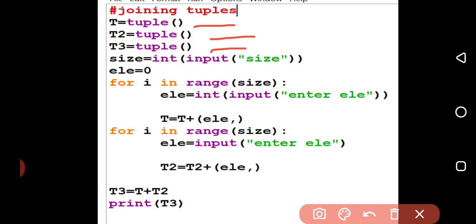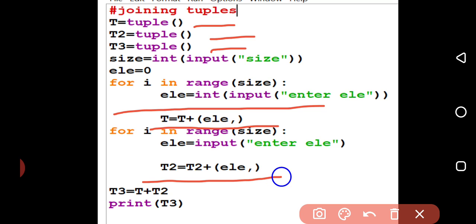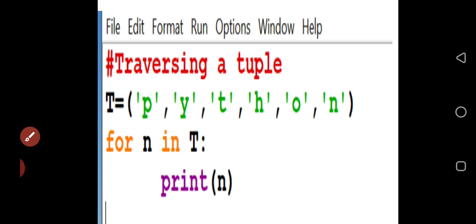In T and T2, I am going to take the input, and T and T2 are going to be merged into T3. This is the syntax to merge the tuples into another one. So in this program, I have declared 3 tuples. I take input in 2 tuples, T and T2, and merge T and T2 into T3. This is the syntax of joining the tuple over there.